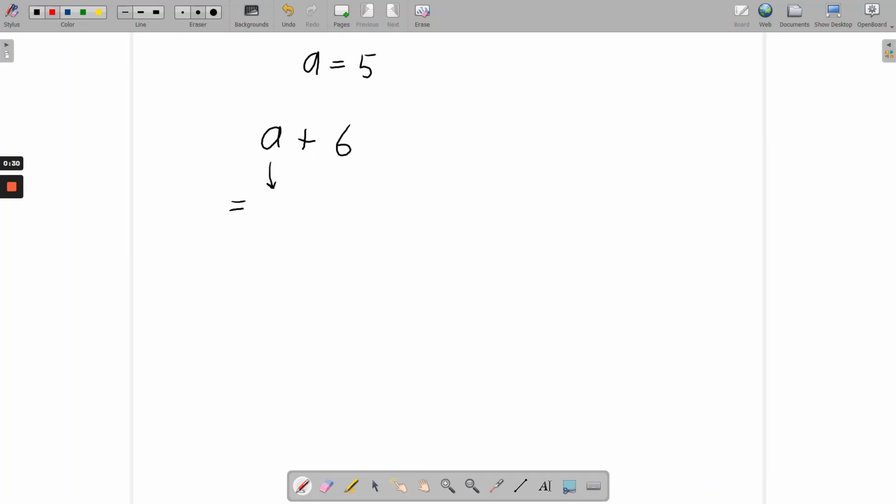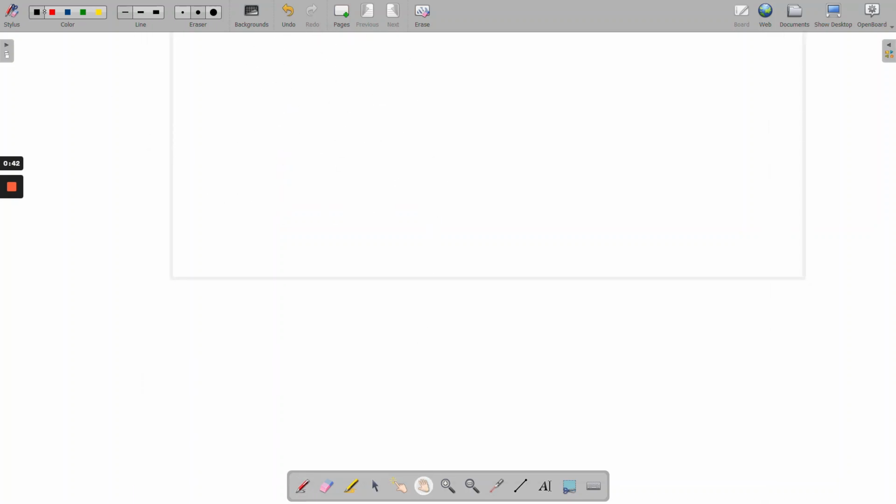I'll just do that in red so you can see it here. A is getting replaced with 5, and then you've got plus 6, and this is equal to 11. So that's that expression evaluated. We'll try something just a little bit more complicated then. If you had something like